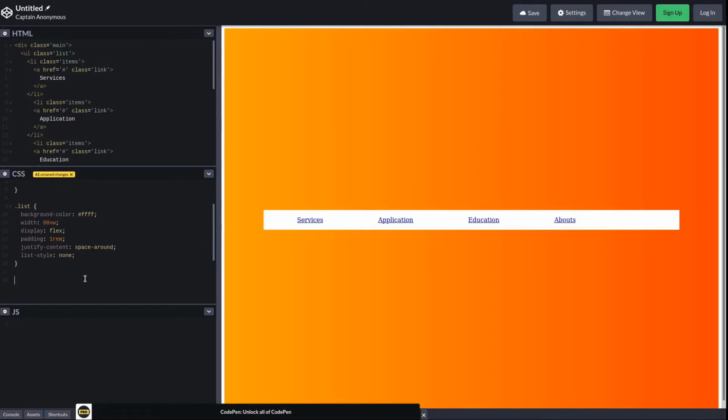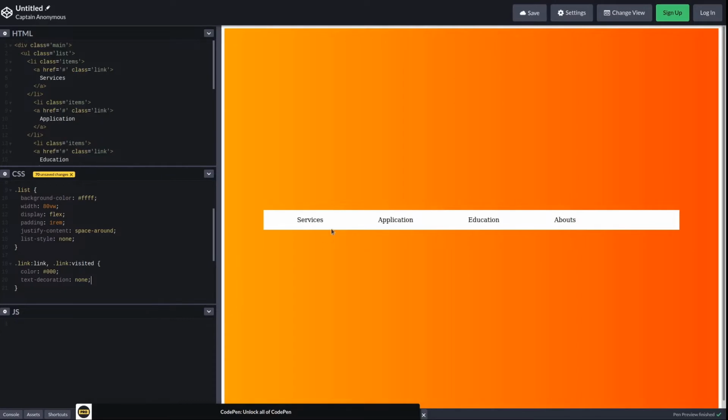Now style this anchor element. For this, I select link. It should be same in visited and active state, not active, visited and link state. Link and its visited state. Visited, it should be color like, how about a black color, and text decoration should be none. Text decoration set to none.